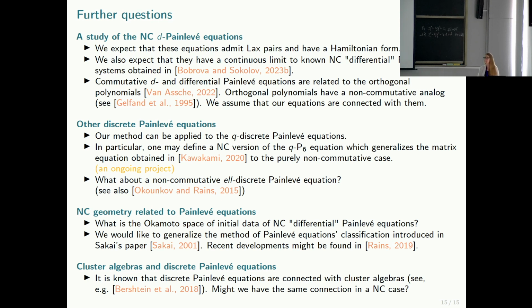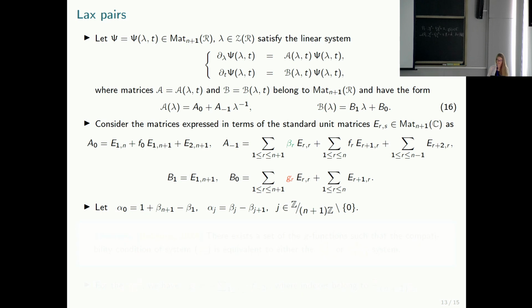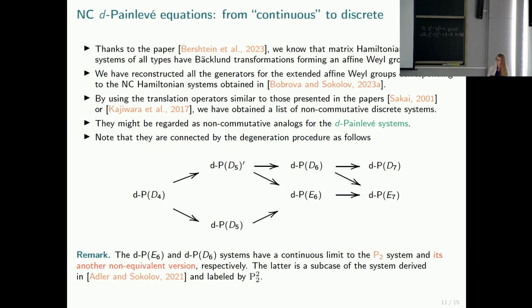Other questions? Well, I have one. If you can scroll back a few slides to before the dressing chains. Here, for example. When you say dP E6, what is E6? Is it a surface or is it a symmetry? Surface. And what's the meaning of the surface in the non-commutative case? I don't know. This is just a notation. It's just a label. Okay.